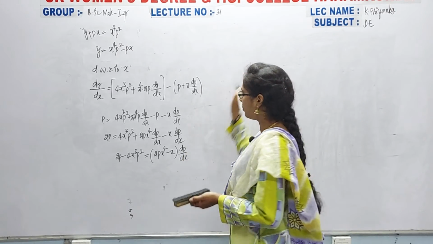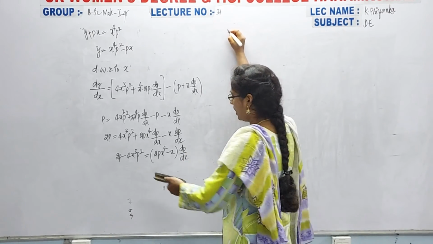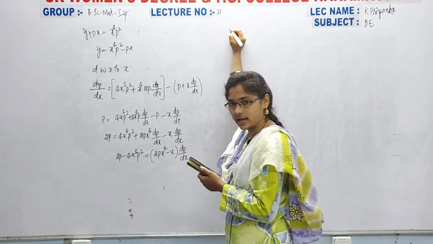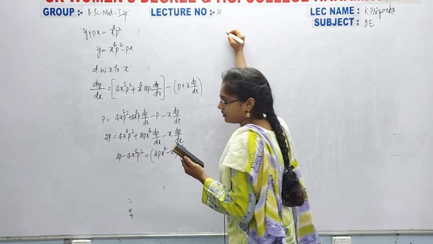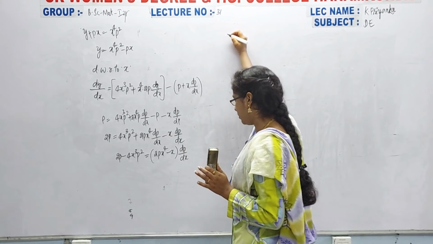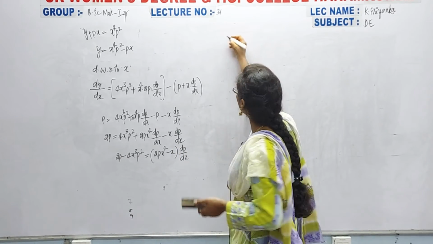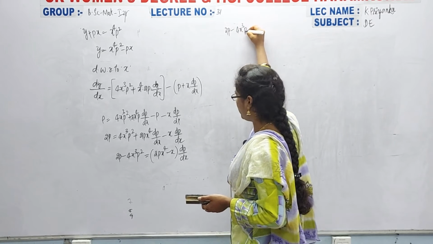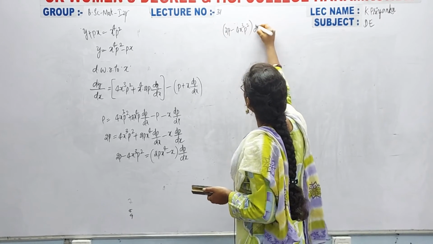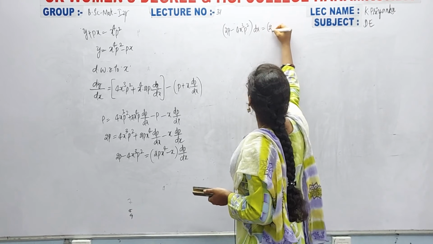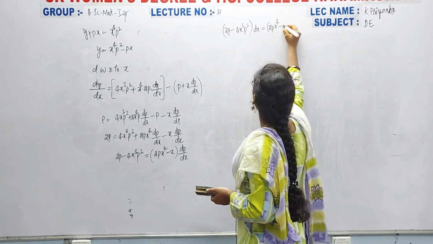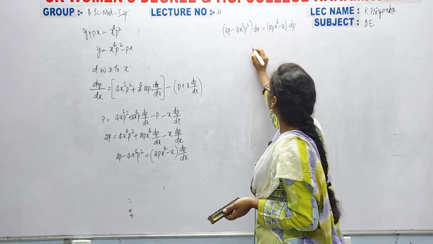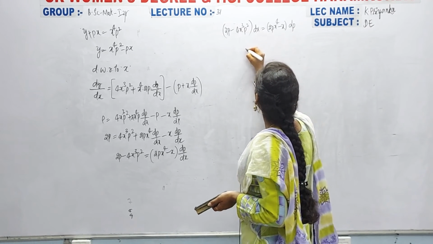Okay, so then I am trying to write the values of x at one side and p at the other side, only x and p simply. So now I am taking the cross multiplication, then 2p minus 4x cube p square into dx equal to 2p x power 4 minus x into dp.